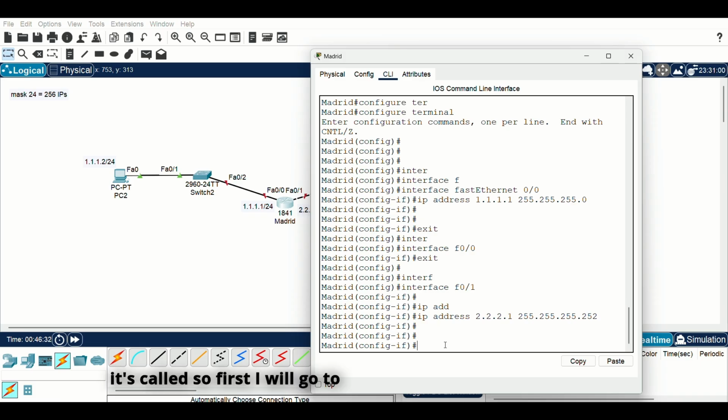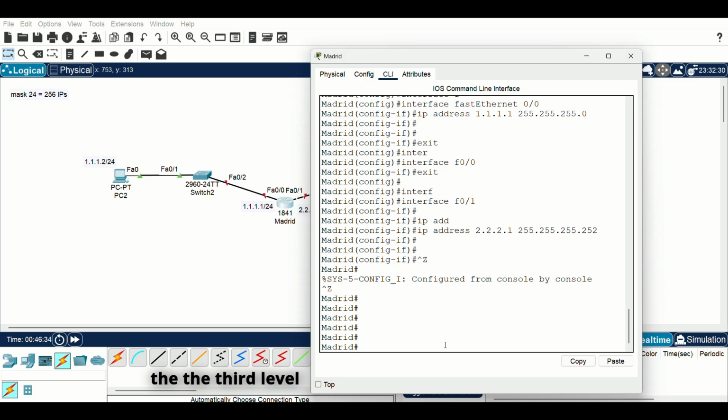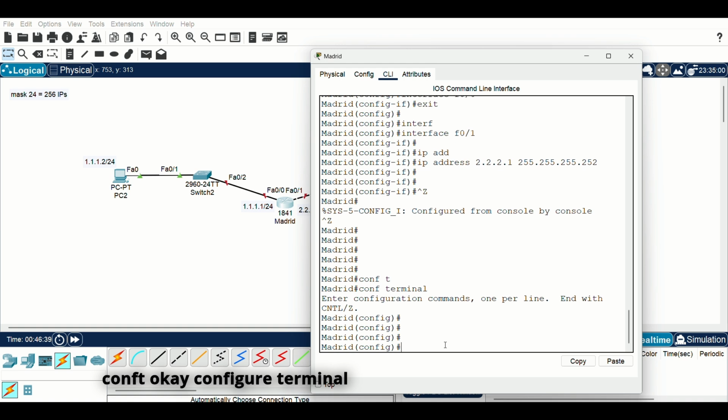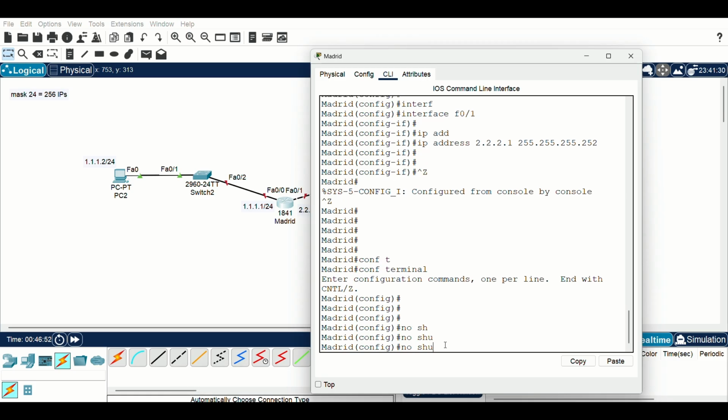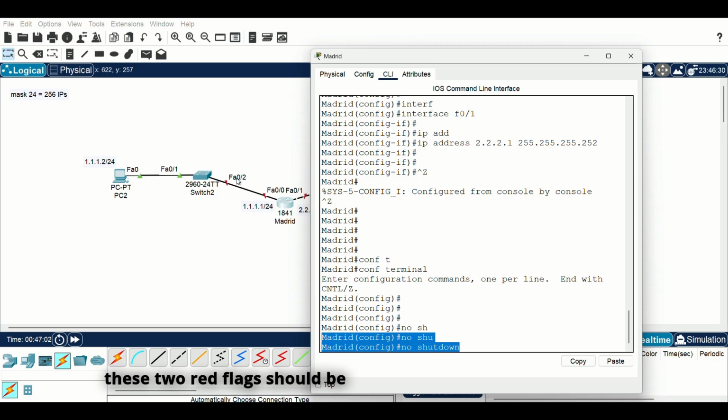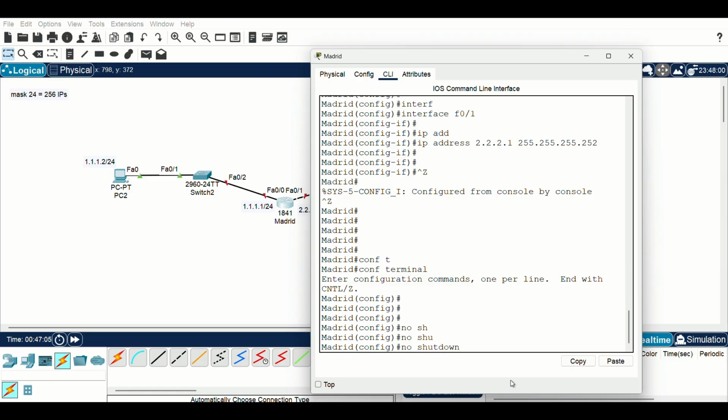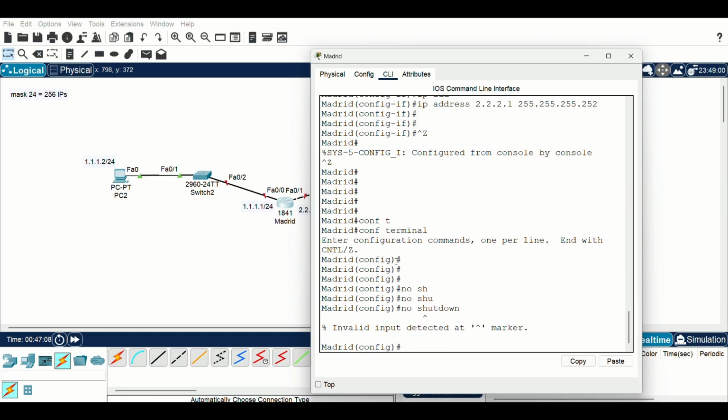So I will do a simple command. First I will go to the third level, conf t, configure terminal. The command is called no shutdown, and I will write it as no shut. There is something wrong. When we press enter, these two red flags should be green, but of course,